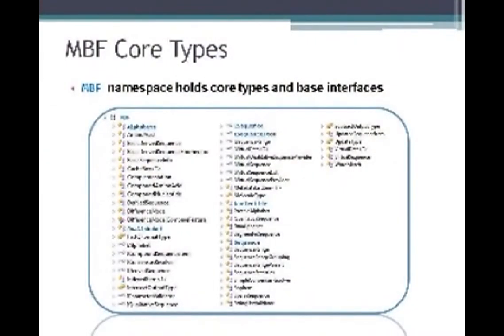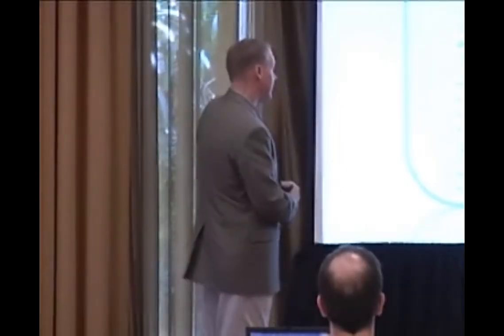Now inside that MBF namespace, here's where we're going to find our core types that you're typically going to work with in any MBF application. As an example, there is a sequence class that you can see highlighted in blue over there. That's the most common form of an actual sequence of items in MBF. And a sequence of items might be a sequence of RNA nucleotides or DNA nucleotides or amino acids.